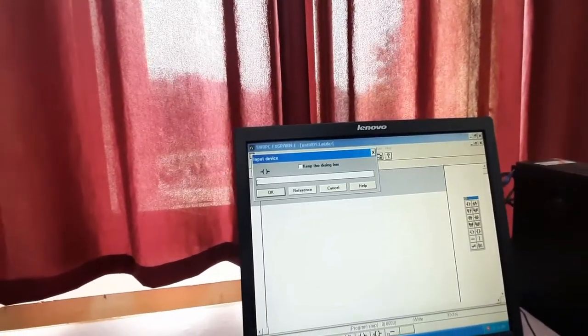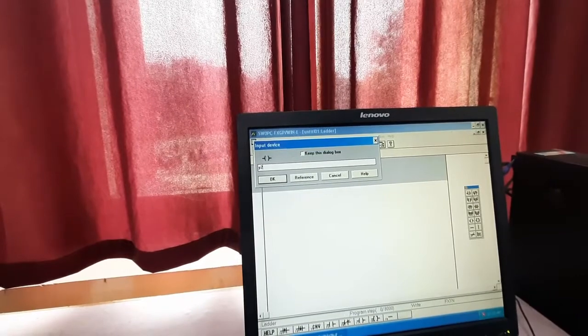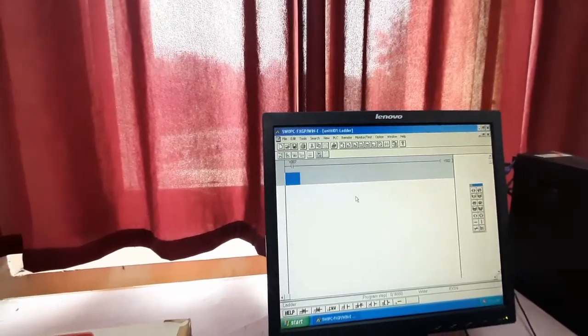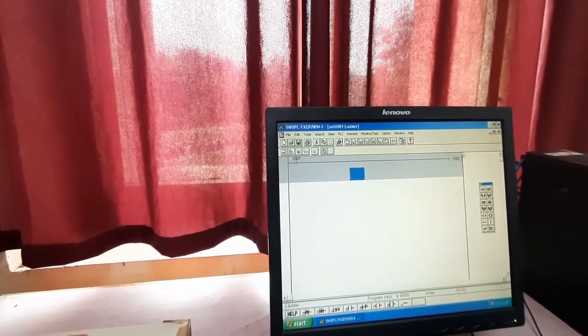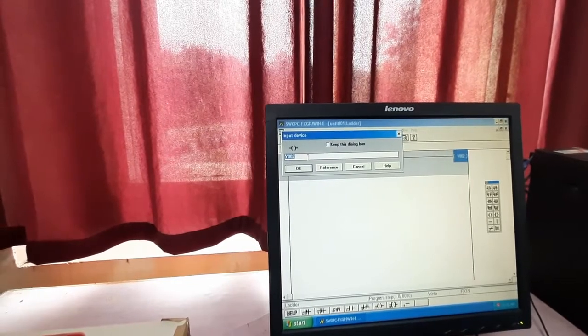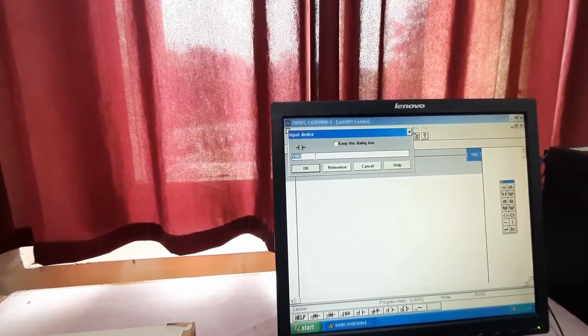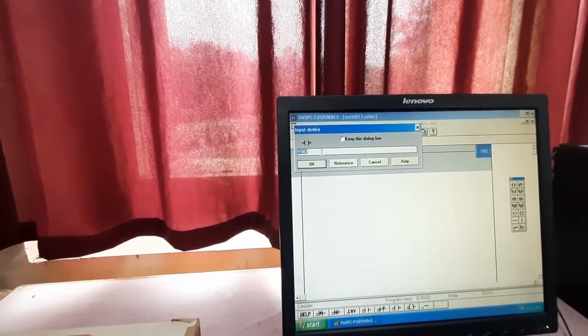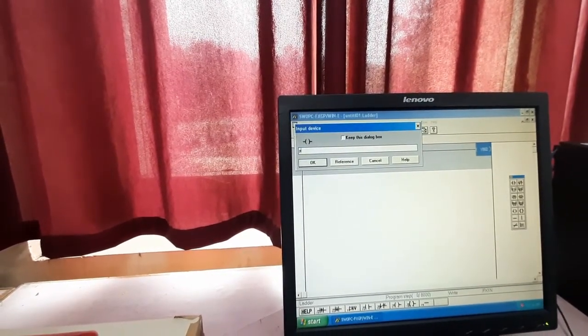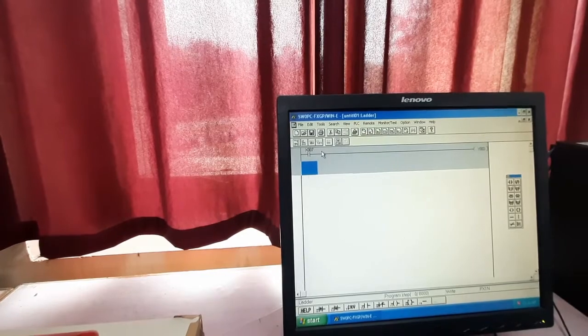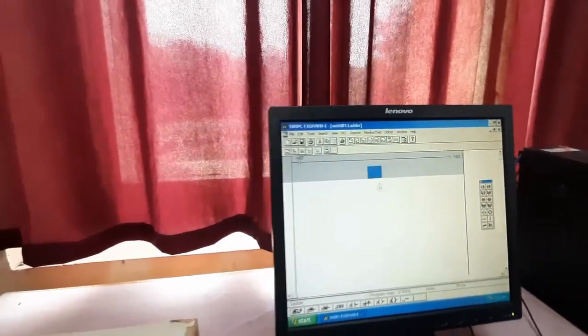Okay, so we will give this as Y2. If you select it as Y2, we can see immediately. Suppose we are changing it to Y3. So now you can see.